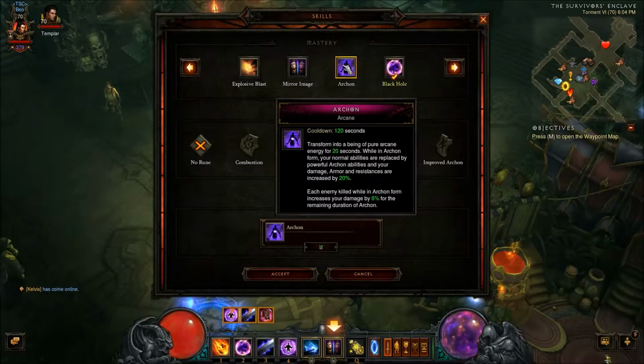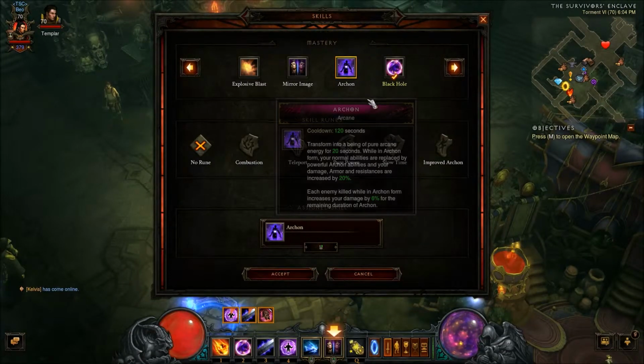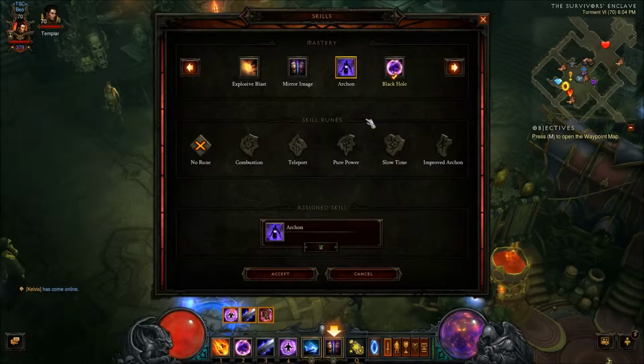Alright, so here's our next mastery ability, Archon. This video is going to be a little different in that I'm only going to cast this once, because it has such a ridiculous cooldown, it's not worth it to just keep recasting Archon. But if you've been around long enough, you'll know Archon,